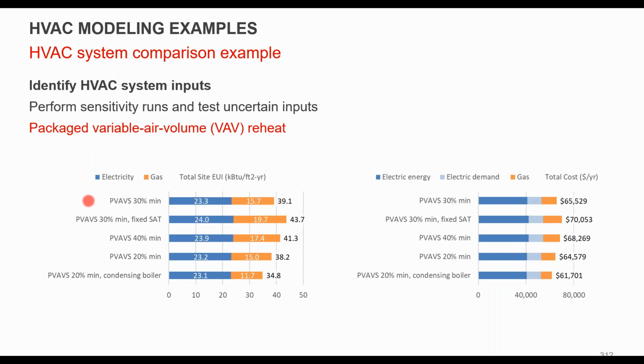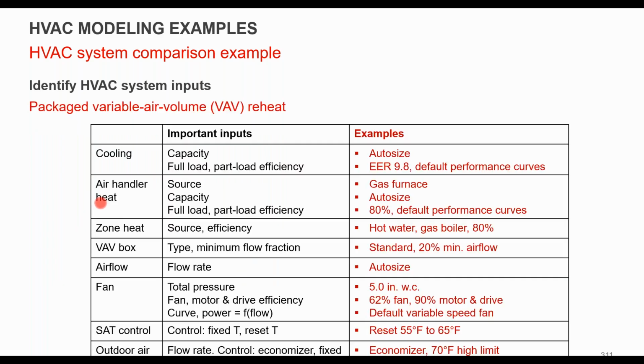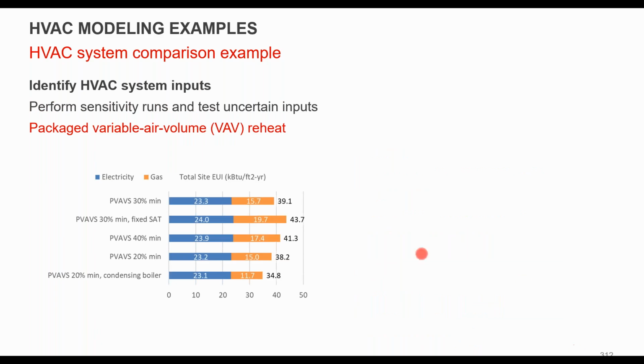That's ASHRAE baseline requirements. The baseline also here requires a supply temperature reset. So if we go back one, you'll see that includes a 10-degree reset, which is actually a little bit higher. Code requires 5. So in this case, the base model here is including a 10. The first run is taking that out and seeing what happens. So by removing that and doing a fixed temperature, you're actually increasing your heating pretty drastically, and so you're going up almost 10% on EUI.